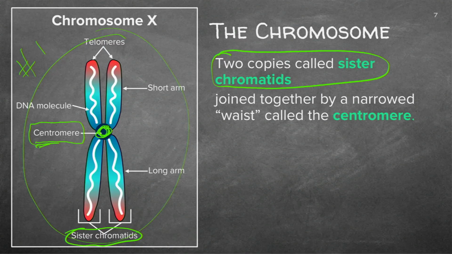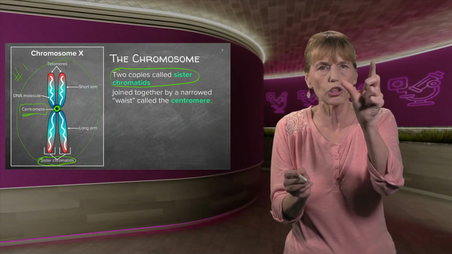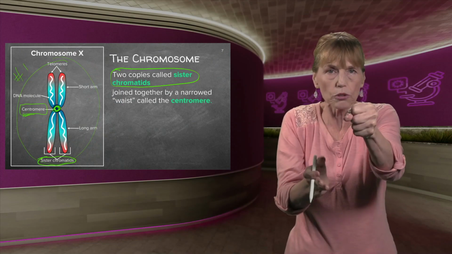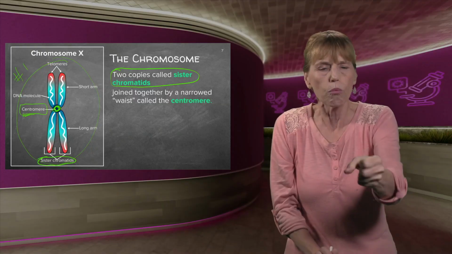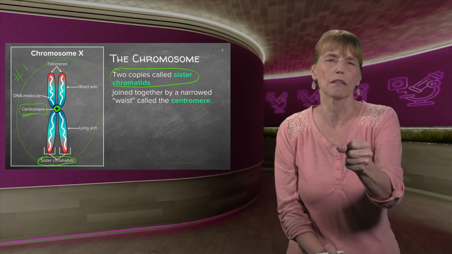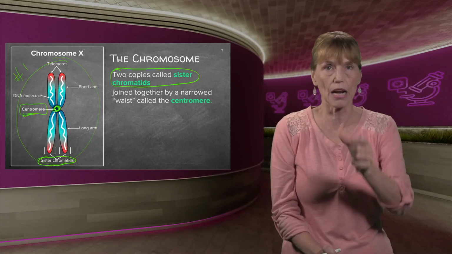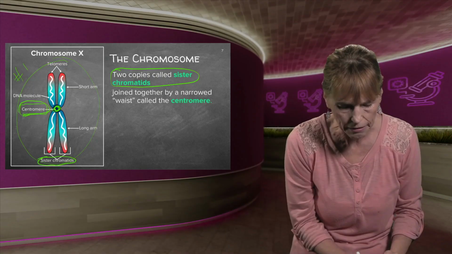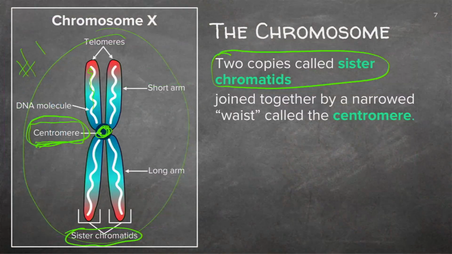Long arm, short arm, that's not really such an issue, because it depends on where the centromere joins the 2 together. So you've made a copy of itself, and now you're joining them together so that they don't fall apart. Where they join could very rarely be in the middle; it's somewhere up or somewhere down. But where they join together, they are joined with a centromere. So you have a DNA molecule, and here's your DNA molecule inside. It's a long one that's been twisted up.